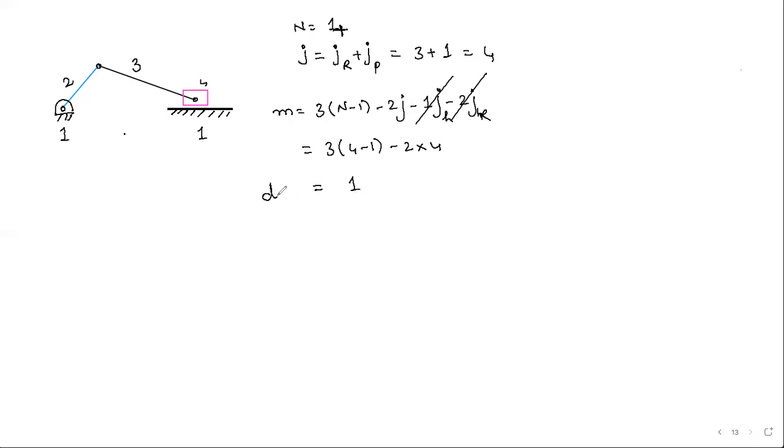It means the degrees of freedom or mobility is equal to 1. The meaning is you just need one parameter to completely specify the position of any link at any point of time in this mechanism. It means if I know just this theta, I will definitely be able to say where link 4 is at that instant. I can tell where each and every point on link 3 or link 2 is. If I know one theta value, that's enough. So that's why it is 1 degree of freedom.